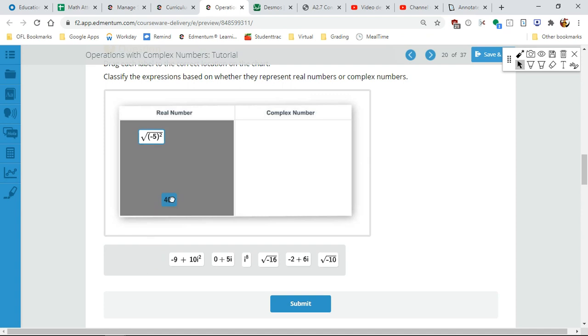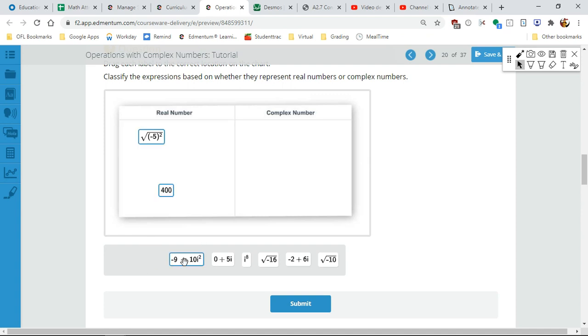Well, this one's obviously a real number. This one is a complex, it isn't a complex number actually. This I squared makes it -1. So this is actually a real number because I squared equals -1. So this ends up being -10. So they almost got me on that one. It's a negative number, but it's still a real number. This one,